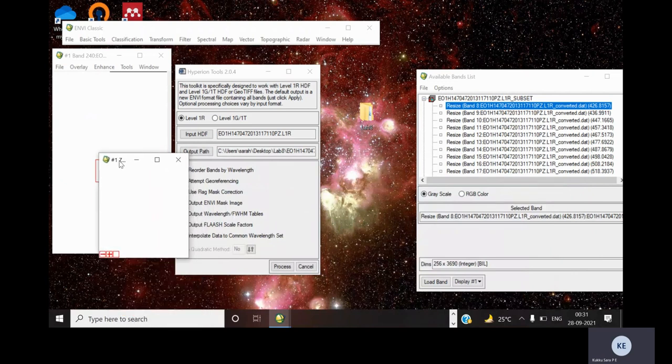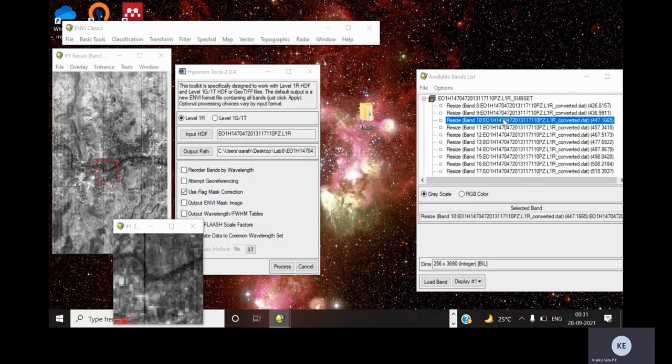Now the next step in the pre-processing is the removal of vertical strips. If you open the images, you can see vertical dark bands or bright bands over the image. This is due to the push broom scanner.